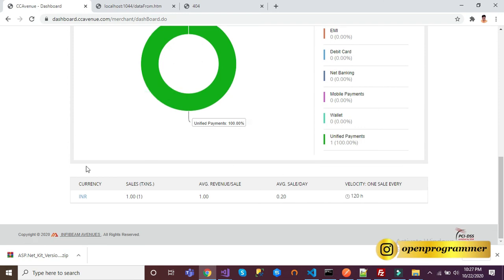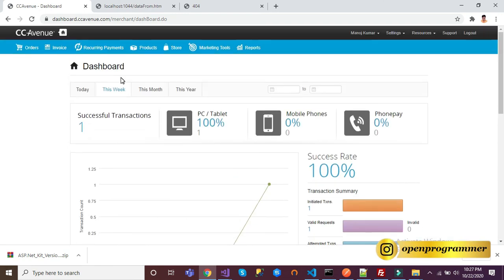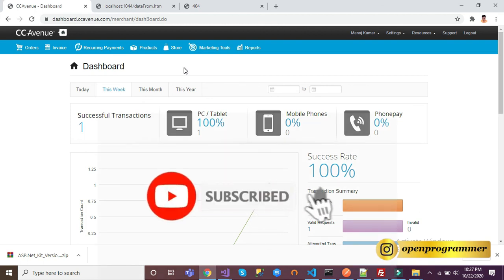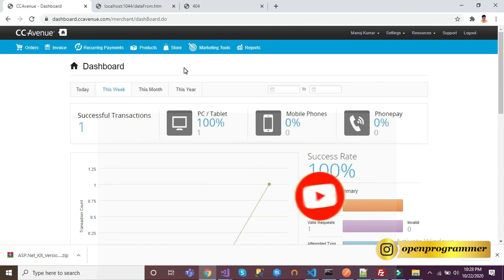So anyways, we have received a payment successfully. So this is how we can integrate our CC Venue payment gateway easily. You can see within 20 minutes we have integrated our CC Venue payment gateway.